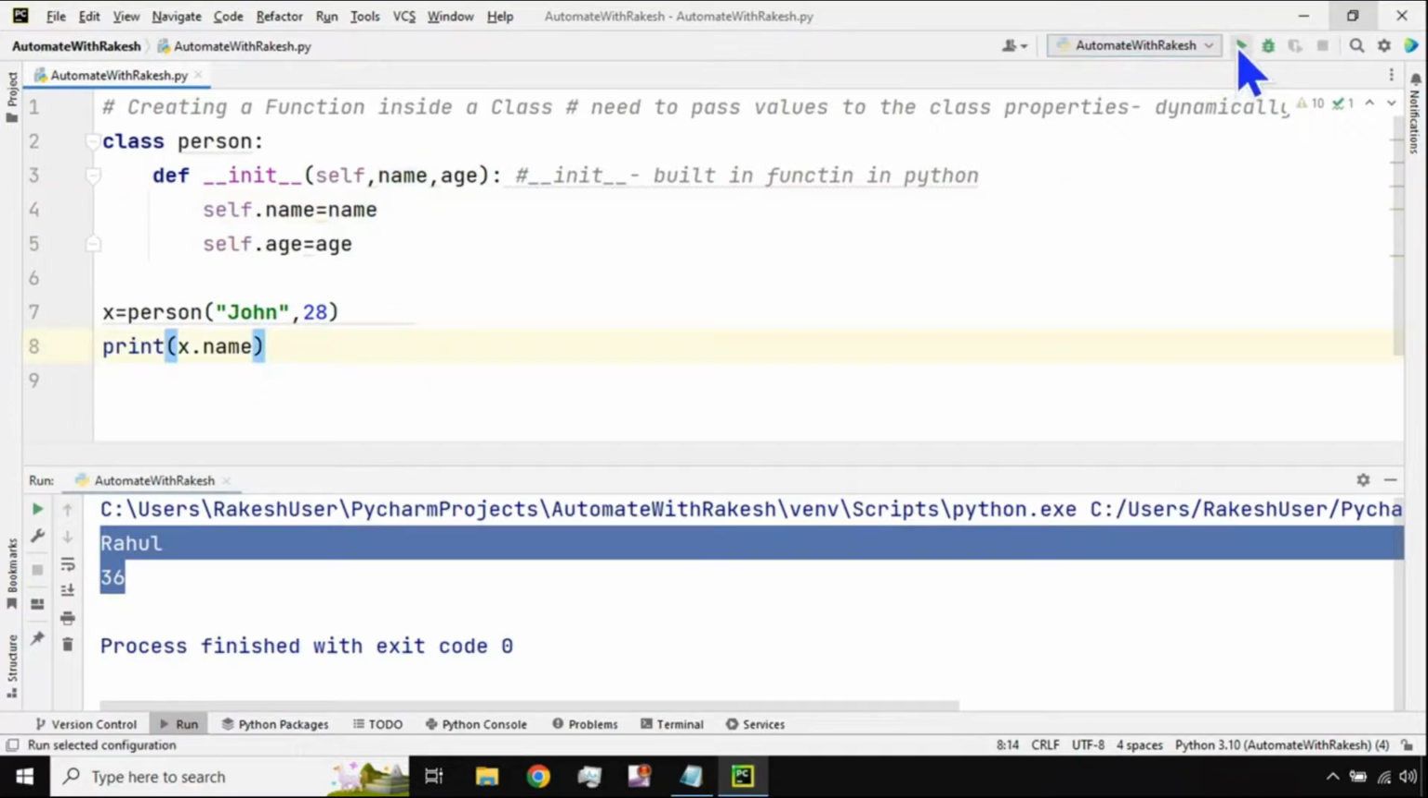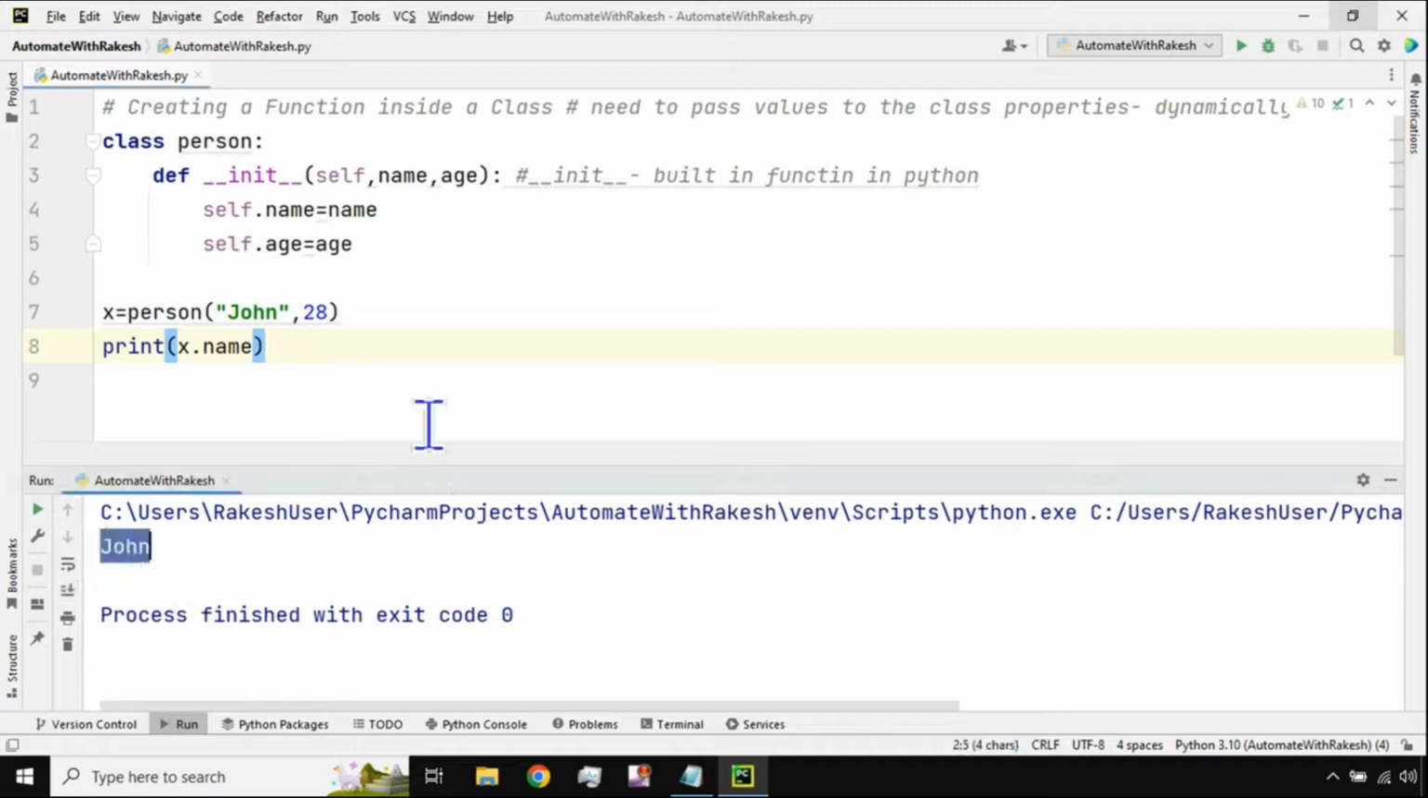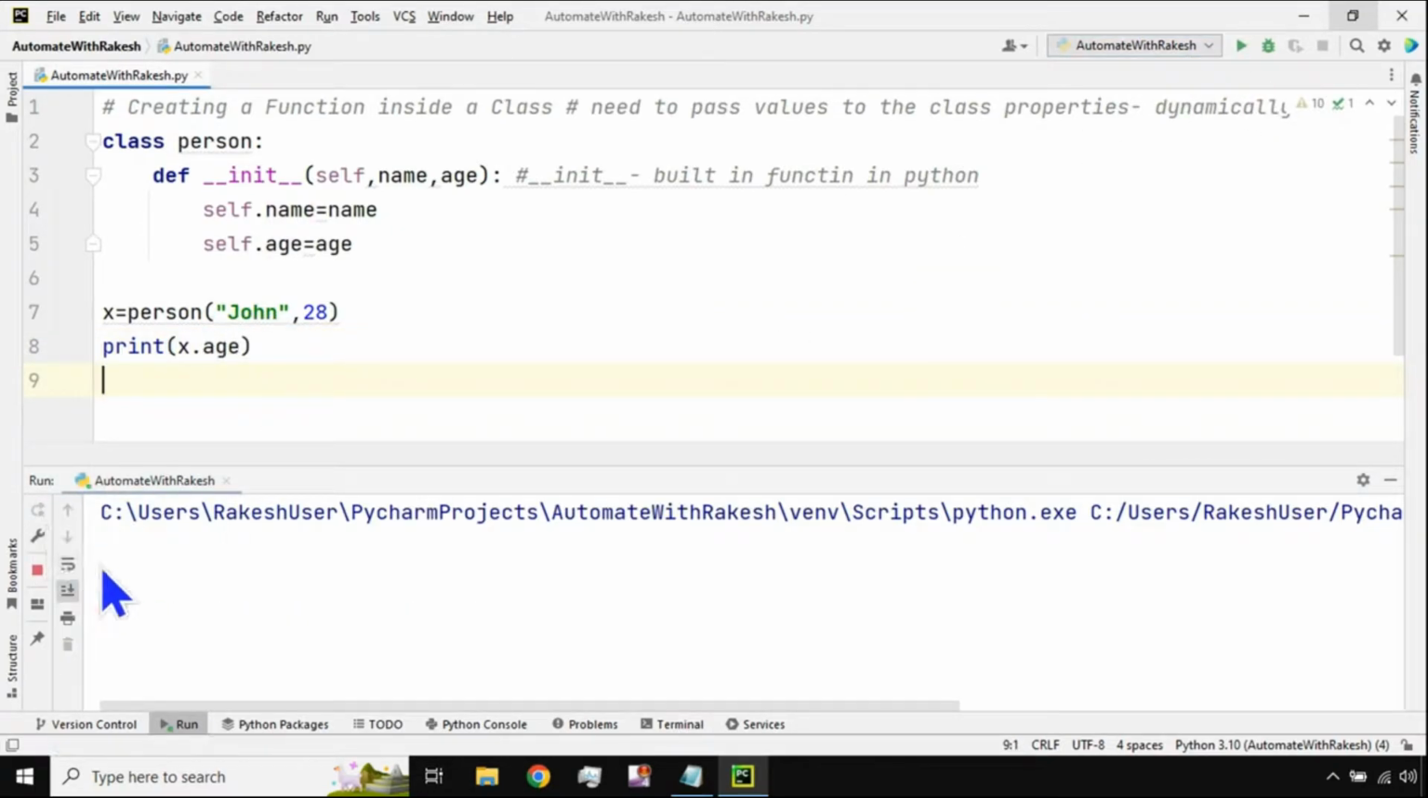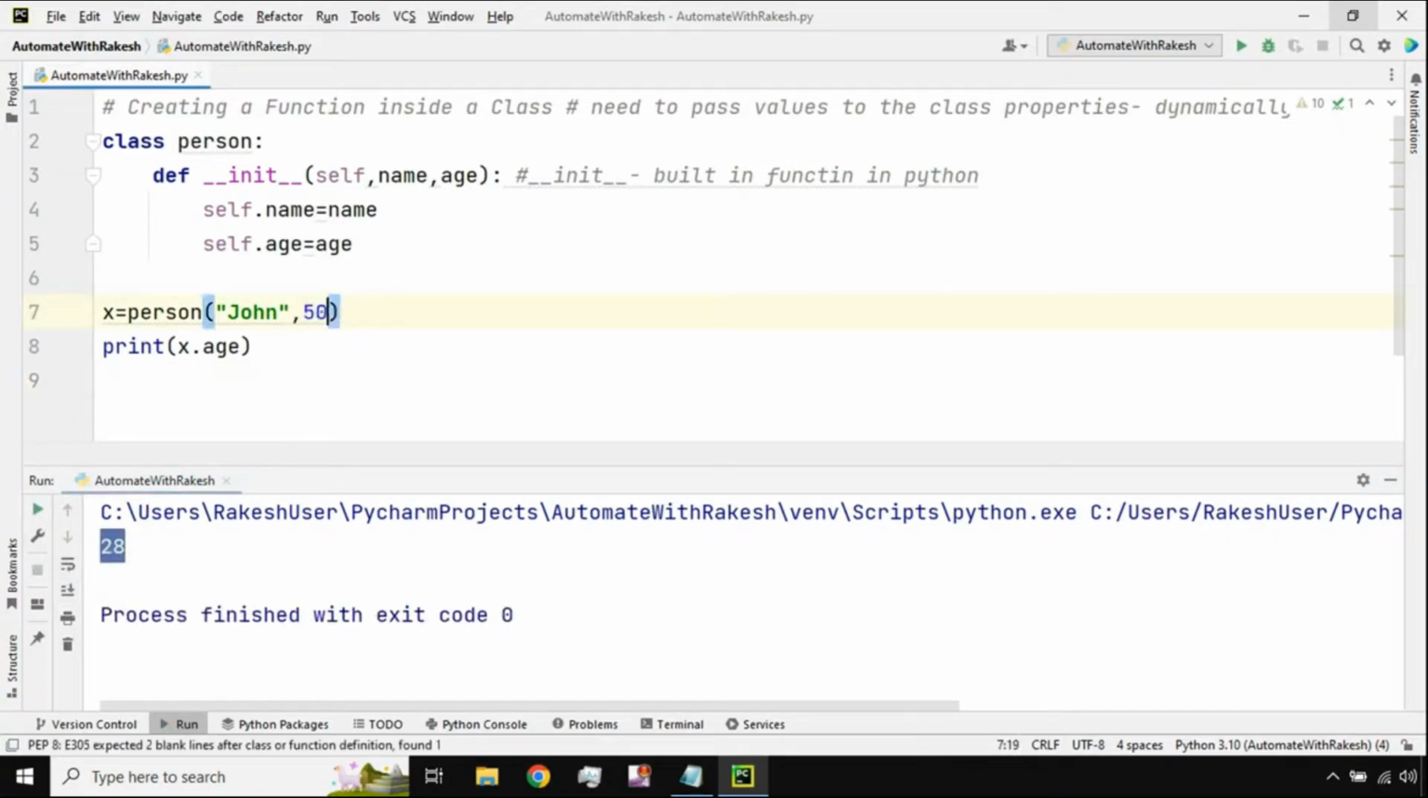Okay, so if for example I print name, what would happen? John got printed. Let's say if I change it to age and run it, then age will get printed. So whatever values you are passing dynamically, it doesn't matter. Let's say I'm passing 50, now you will see 50 has been printed. Getting it? So this is the meaning of the dot underscore underscore init underscore underscore function and the self